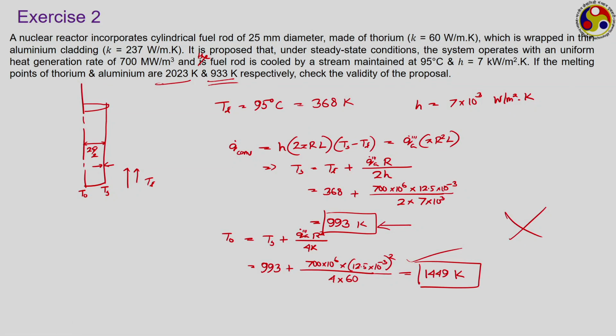If we want to make the design valid, there are several ways we can modify it. One way is to reduce the volumetric rate of heat generation, but that depends upon the rate of fission reaction, and also we always want higher volumetric energy generation in such systems. Another possibility is to reduce the radius of the rod, so that the surface temperature becomes smaller. Another possibility is to increase the heat transfer coefficient h, but again that depends upon the coolant side conditions. And of course, we can also use a cladding material with a higher melting point, which is very much possible.